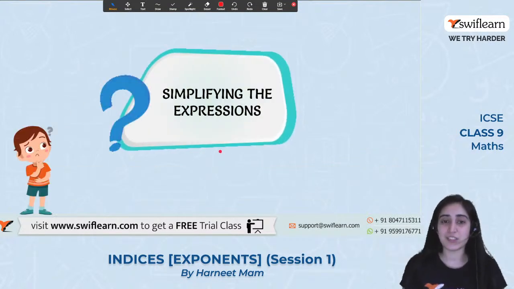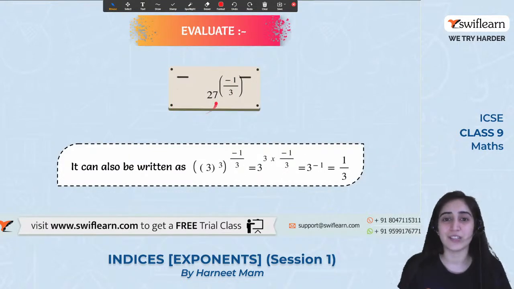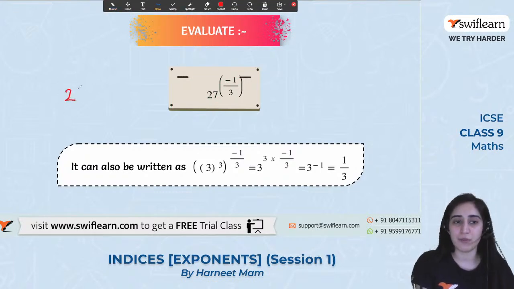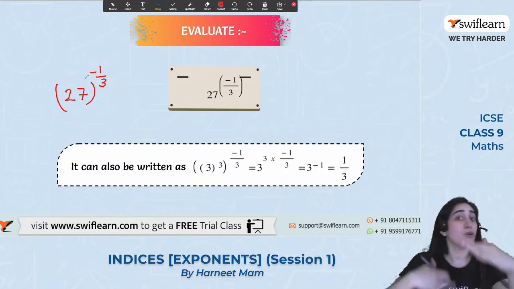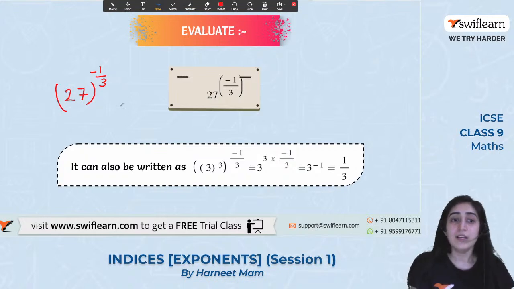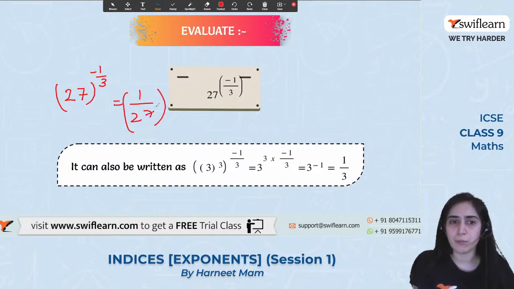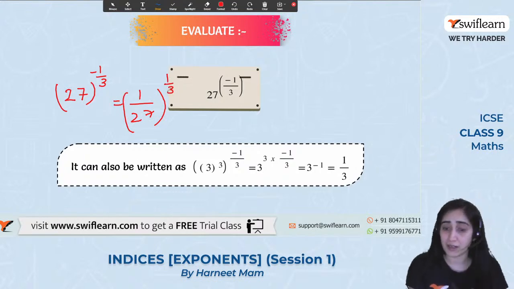Alright, so now let's simplify the expansions. Anyone ready? Okay, so it says 27 raised to the power of -1/3. So let's see what it says. 27 raised to the power of -1/3. So पहले तो 3 है तो हमारा इसका मतलब क्या होता है, और नेगेटिव है तो उसका मतलब क्या होता है। नेगेटिव का मतलब क्या है गाइस, कि मेरे को उसको ऑपोजिट करना पड़ेगा, सिंपल। तो अगर मैं नेगेटिव को हटाती हूँ उसका मतलब है 1/27 raised to the power of 1/3.